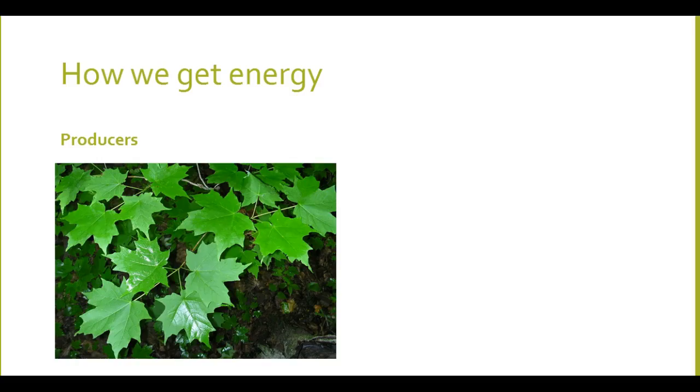So when we look at how living things get energy, we have two general categories. We have what's known as producers, which is this first picture to our left, and this is a picture of a sugar maple tree. And we know that leaves and green plants use photosynthesis to capture energy from the sun to produce sugar for the plant and produce oxygen for us, which, by the way, is a waste product, not all that different than dung. It just happens to be plant waste that we breathe, by taking in our CO2. So we call those producers because they essentially make their own food.